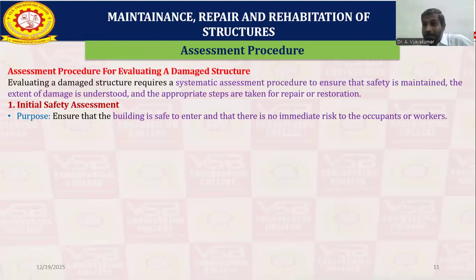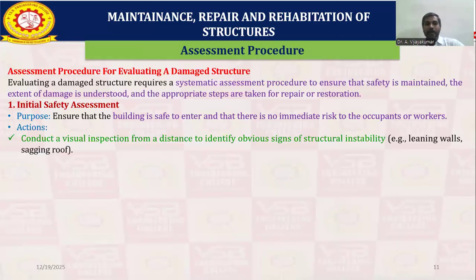First of all, we need to enter those types of existing buildings. People need to be able to enter the building, given how much damage has occurred. So there is no immediate risk to occupants or workers. The people need to feel comfortable when they are entering those places. So what action do you need to do? Conduct a visual inspection from a distance to identify the obvious